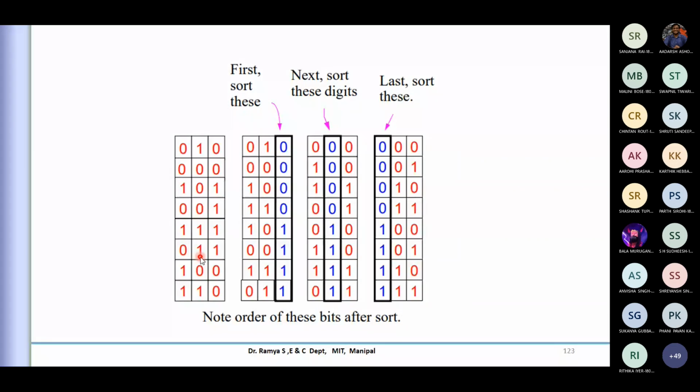So first identify the maximum number and see how many digits or places are required to represent it. Let it be a binary system or a decimal or any kind of radix. The first step is to identify the maximum number, see how many places it requires, and represent all of them with the same width. That is important for us.